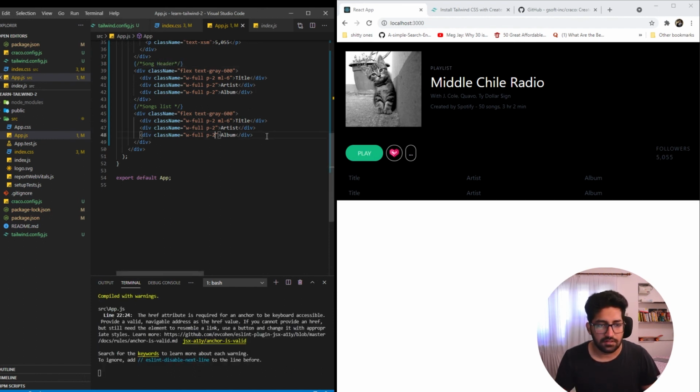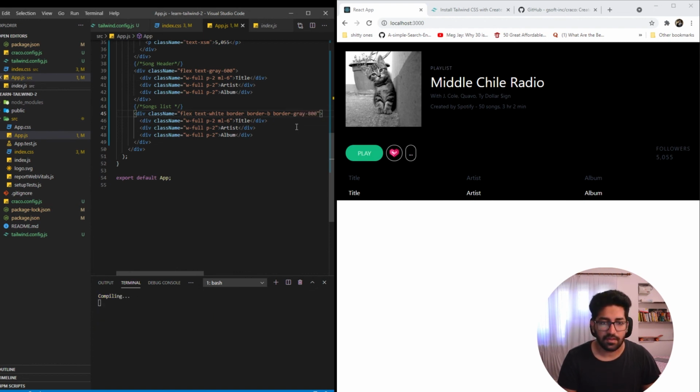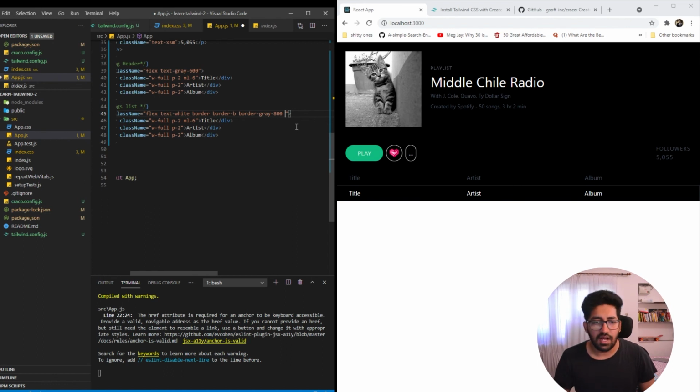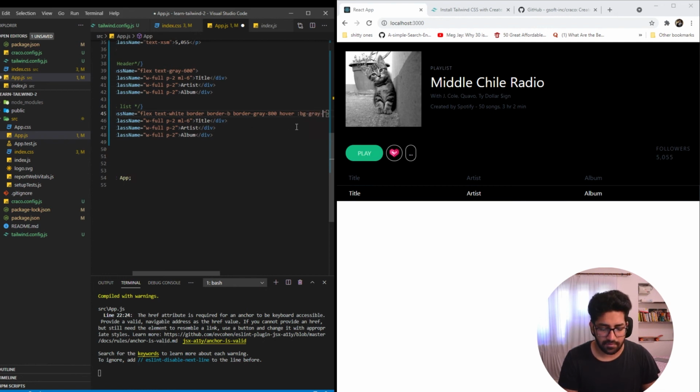Here the text color is supposed to be white, because we want the names of the songs to be white as per the mockup. Another difference we'll have to create here is a border, and the border color is going to be gray 800. That adds a little border to it, and now we'll also add a hover effect that adds a gray background as soon as we hover over it.